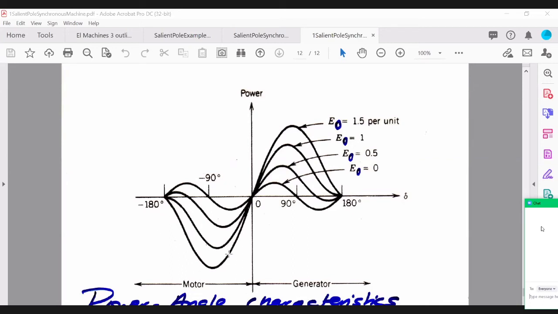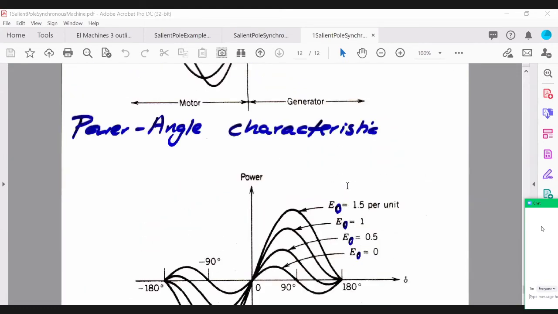As you can see, when we vary the field excitation, obviously the value of the induced voltage will change. So we looked at different values here. When you vary the field excitation from 0 up to 1.5 per unit, obviously E naught is changing also from 0 to 1.5 per unit. And initially, if you drop your field excitation to 0, if you go back to this equation here,